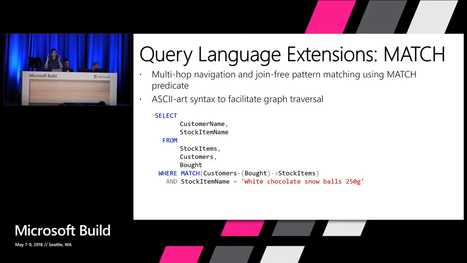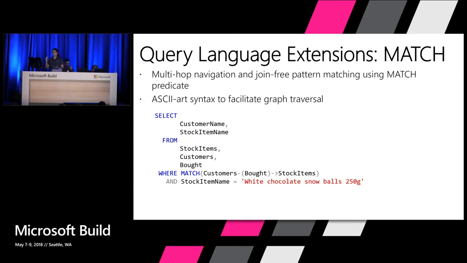And anything that appears in the parenthesis in the match is your edge table. So you are going from a node to another node via an edge, and you always go from one node to another node via an edge. You cannot directly go from a node to another node. And the arrow or the direction of the arrow that you see there is the direction of the edge that